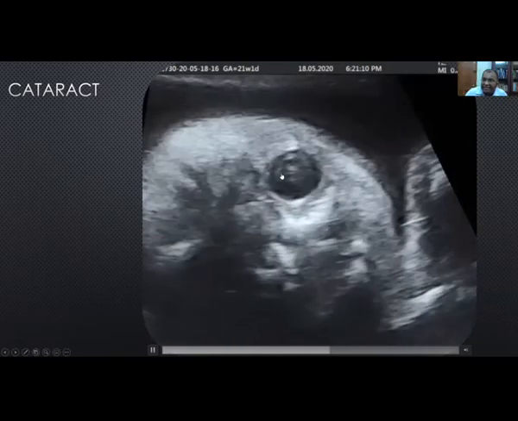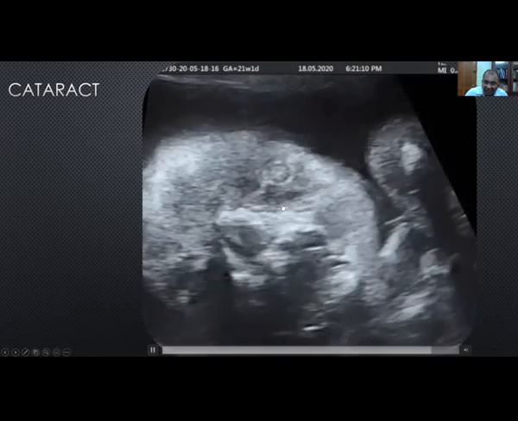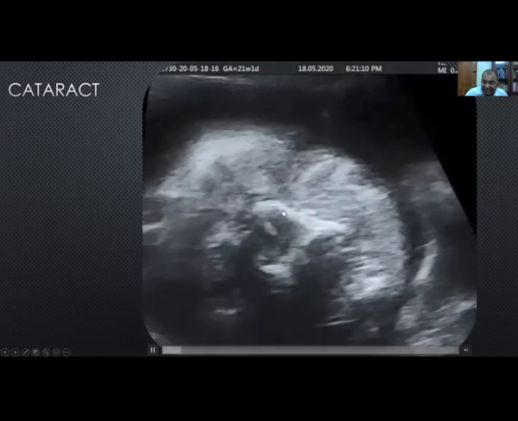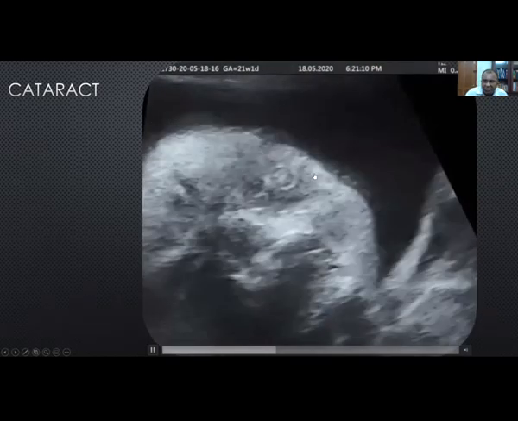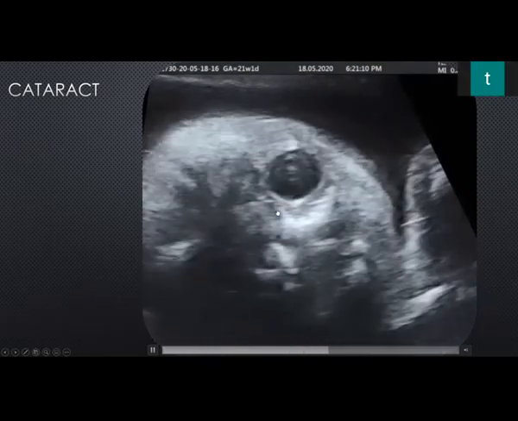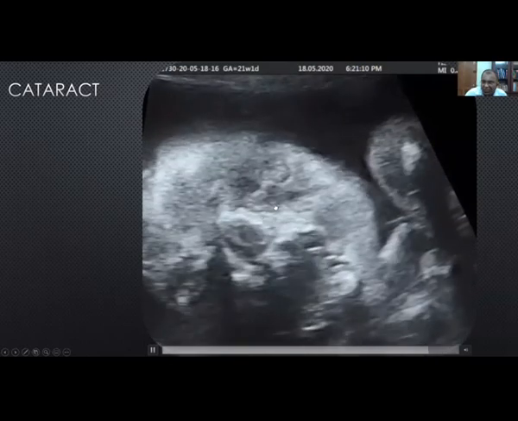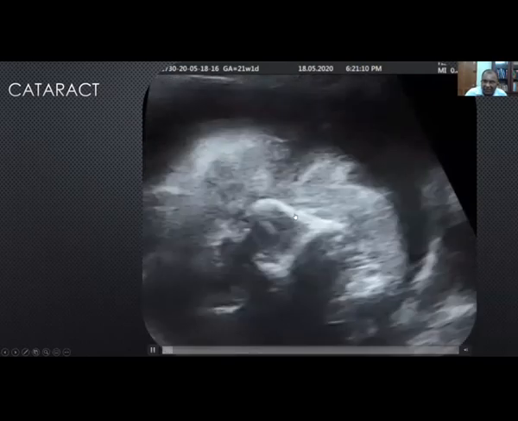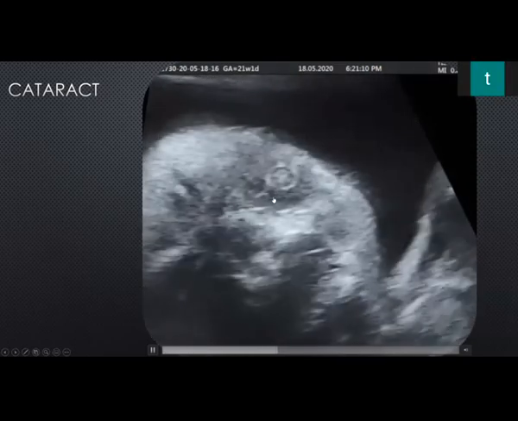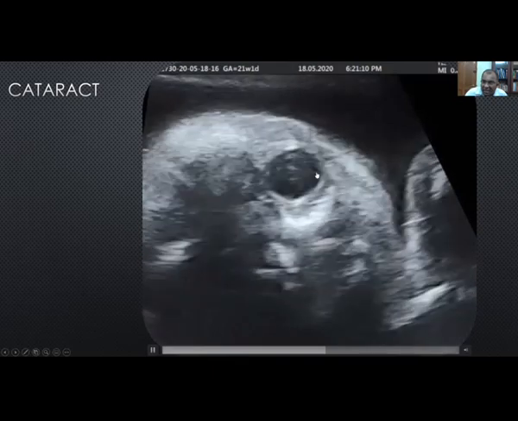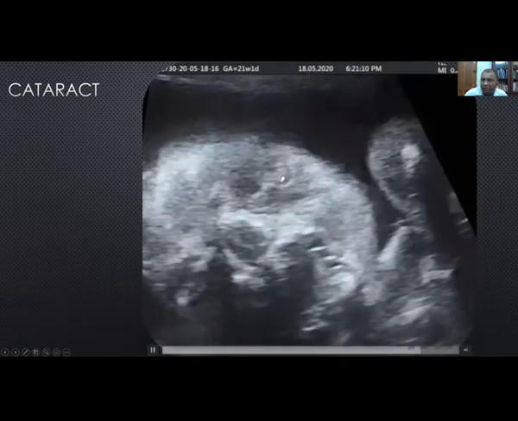This baby had a history of congenital cataract. The mother's grandmother and maternal uncle had congenital cataract. So this type of history is important, especially if there is no history of fetal infection. Of course, an infection screen has to be run on every baby that has evidence of congenital cataract. Another practical point in terms of cataract is, if you see an echogenic lens, it is confirmative of cataract,